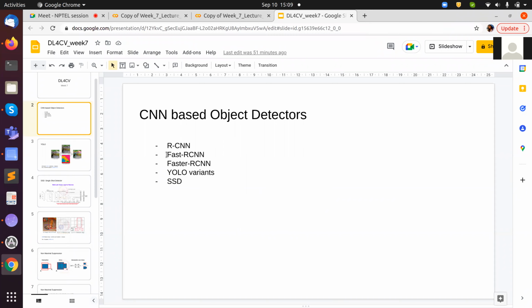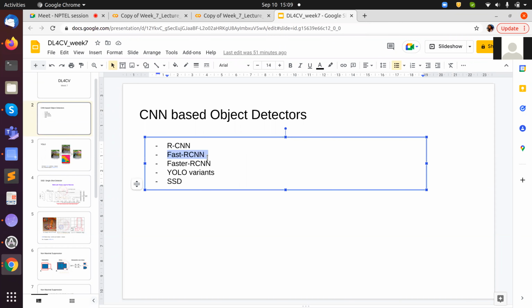So we were talking about this Fast RCNN method, right? So what I was saying is that when we use the selective search algorithm and get a candidate set of, let's say, 2000 bounding boxes, the issue was that we had to pass each region independently through the network to get the coordinates of the bounding box and the class probability. And this was taking a lot of time, right? Because if there are k bounding boxes predicted using selective search for one image, it will be taking k forward passes,